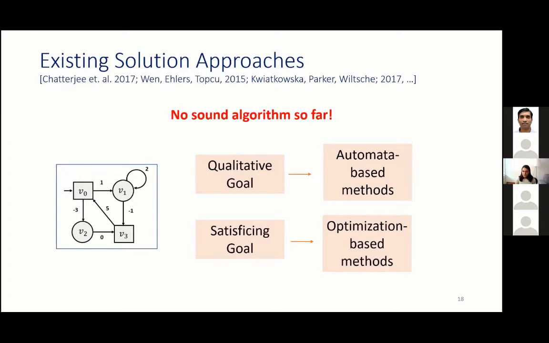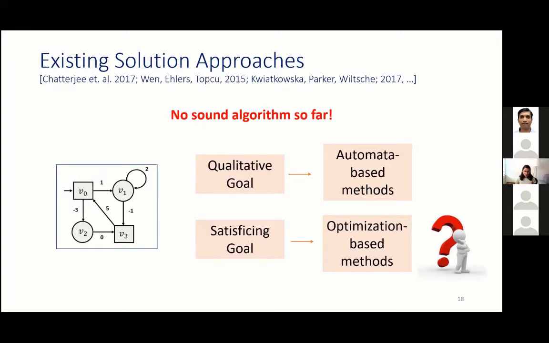So the question we ask is, can we design alternatives to this optimization-based method? More specifically, can we design automata-based methods in order to solve satisficing goals with the hope that these automata-based methods will combine well with the automata methods for qualitative goals, and thus giving a sound algorithm for reactive synthesis from quantitative and qualitative goals,